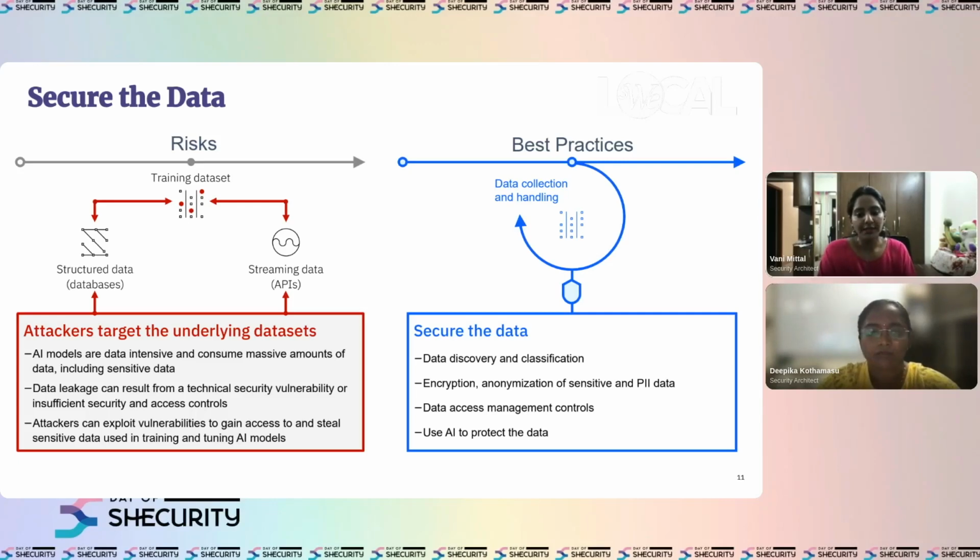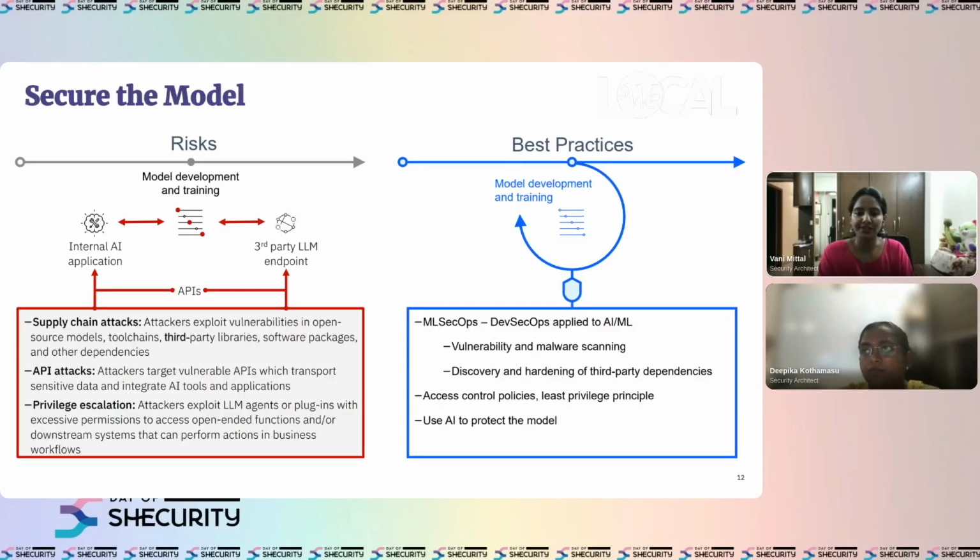And in this case, AI can be leveraged to protect the data. So it can act as a smart secretary who can organize the data with labels like confidential, personal, or health data, and then appropriate security policies can be enforced on the different data sets based on their criticality. Deepika will be covering the end-to-end data management in her section, so we won't go into it in too much detail here.